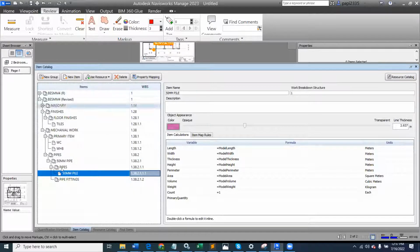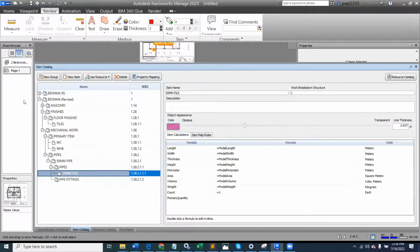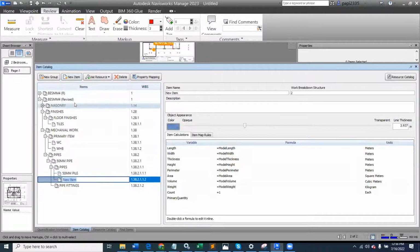So I will now create another item under my pipe. I will create another item also there. I will call that one 50 mm pipe horizontal, or some people call it riser. You can use the word riser or horizontal, whichever one matters to you. Now, for this one, I will come under my